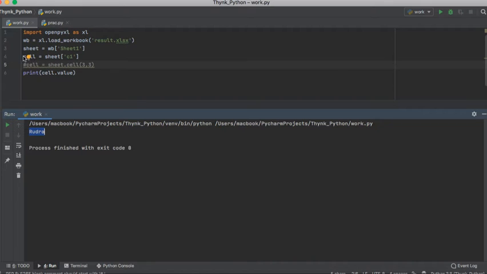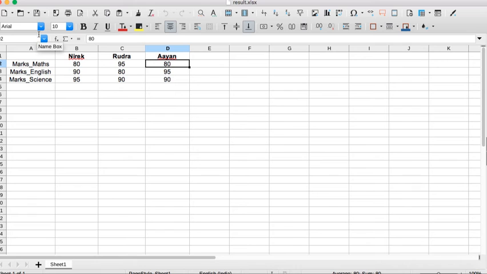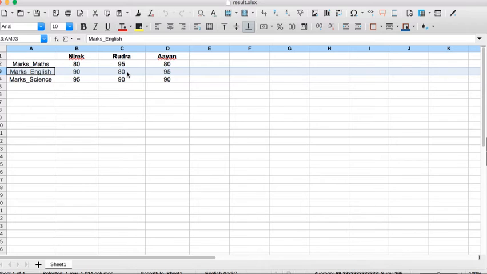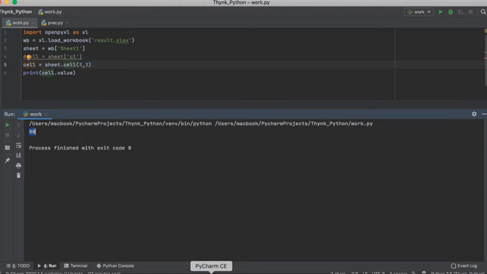Let's also check for this format. I'll make this a comment and I'll make this part of my code. If I run the code, this is giving me 80. So this is cell 3, 3. Have a look at the worksheet. Cell 3, 3 is third column and third row, which is 80, right? Perfect. So far the code is going good. Okay, so this is how you can import an Excel sheet, access the particular sheet of that workbook, and then reach a particular cell.